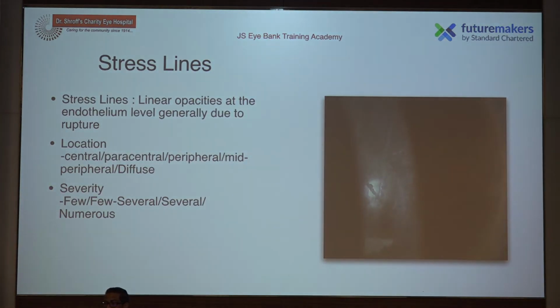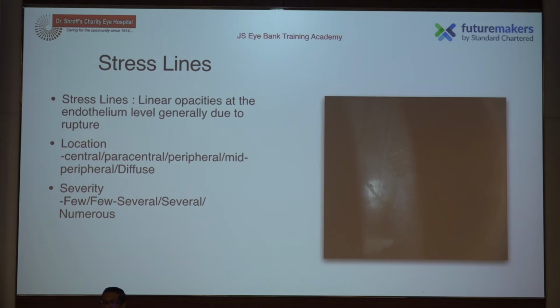Then comes an important point. I have a lot of discussion with my manager on stress lines. They are very particular about stress lines. You have stress lines and they would put it as therapeutic, a 25-year-old donor. Then you have to go back and ask why a 25-year-old is therapeutic, when you're getting a decent endothelial count, but they are just not budging. No, stress lines are a no-no.